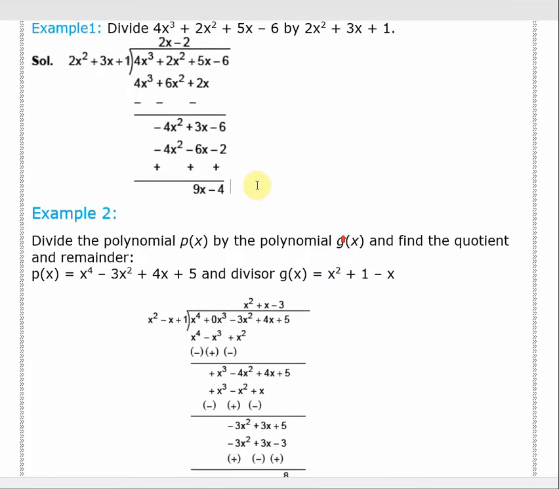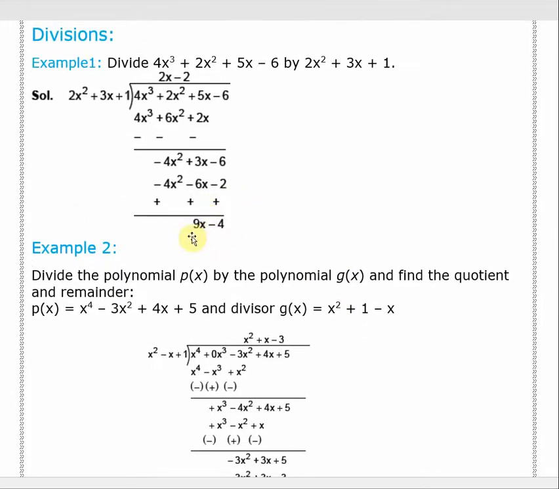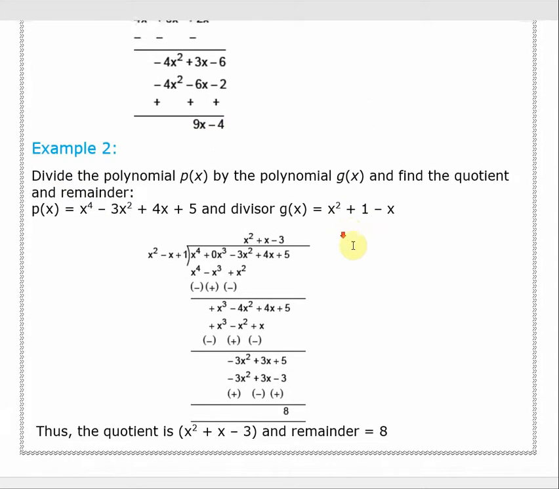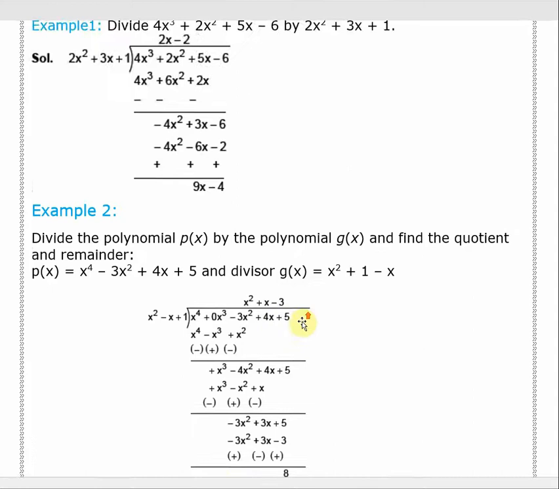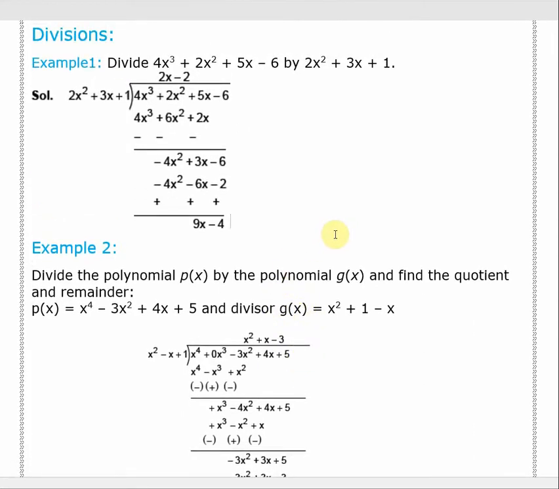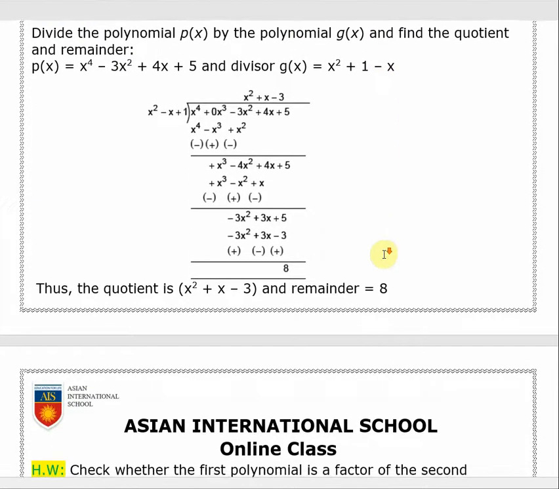So we can see in this sum the remainder was a function of x. Directly x was not there, but still we can say it's a function of x. Definitely a lone number or a constant number can be a function of any variable. So the remainder is 8 and the quotient is x² + x − 3. This kind of division you are used to doing from class 9, so I'm sure you will be able to understand this one, and other sums also you can do by yourself.